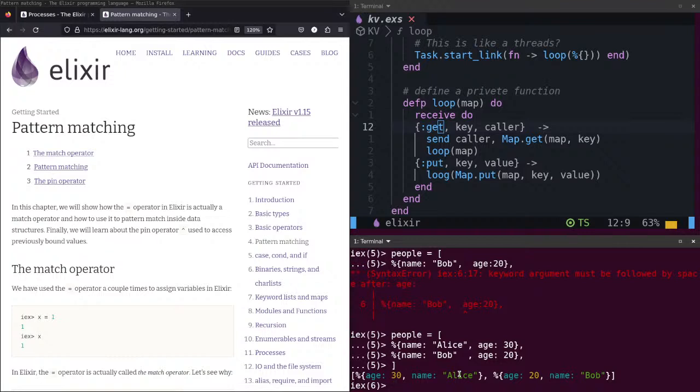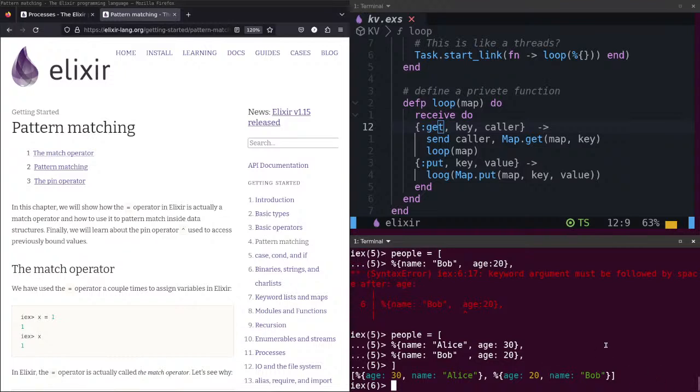I have a list of people, a list of maps of people, and this is like a JavaScript array of objects. Think simple. I need to think simple.